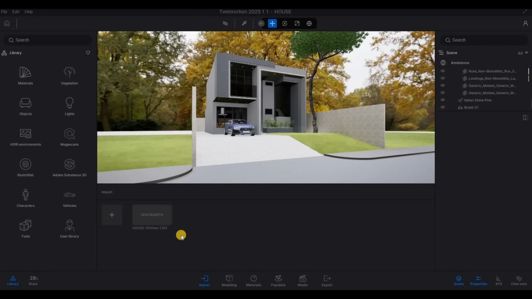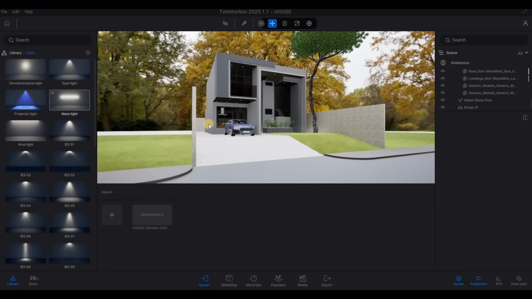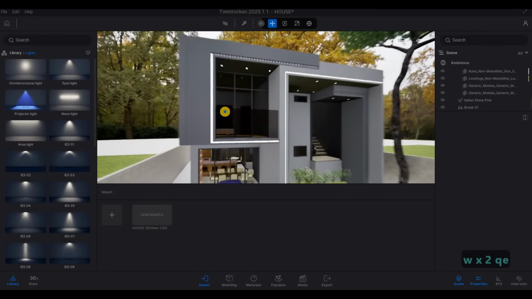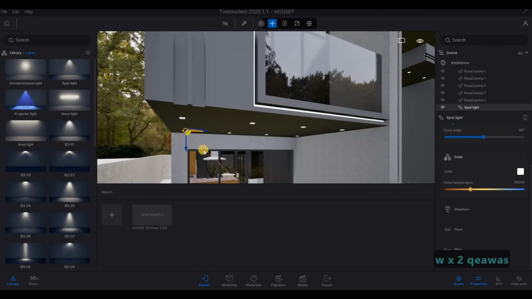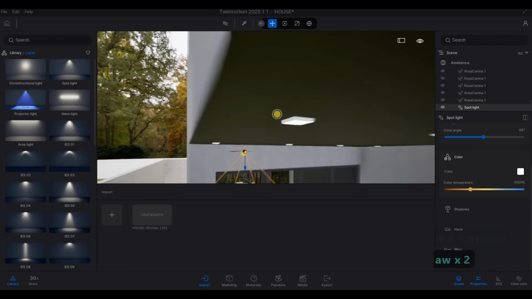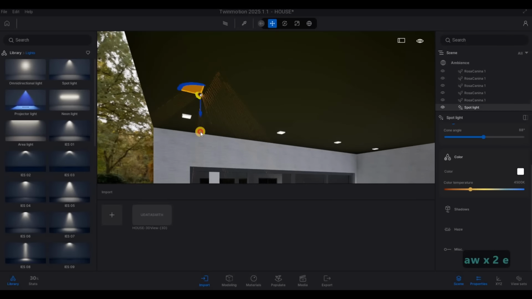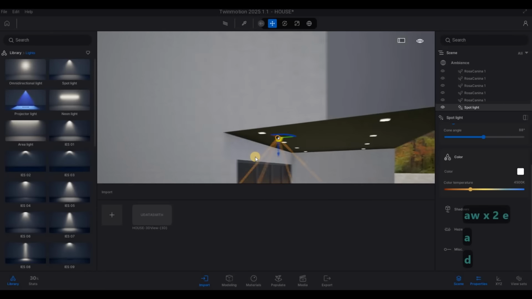So in the last video, we were able to finish our Revit model, and then we sent it to Twinmotion, and then we added all the materials, and then we started adding all the grass and vegetation, and then some cars. Now we're gonna continue working on this. What I want to do is go to lights, and then let's add in the lights now. Very important, so that we could check how it looks, and we want to make sure that we're adding proper lighting,